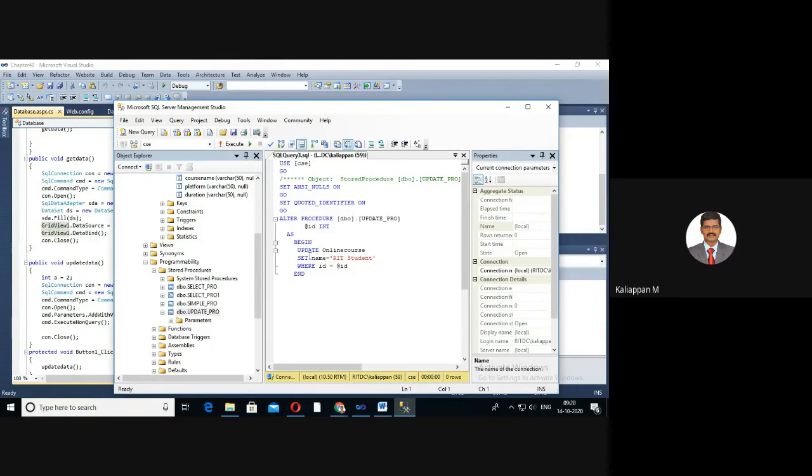What is the command for update? Update table name, set column name, where ID equal to @ID. This is a parameter, and the parameter value is sent by your web application.